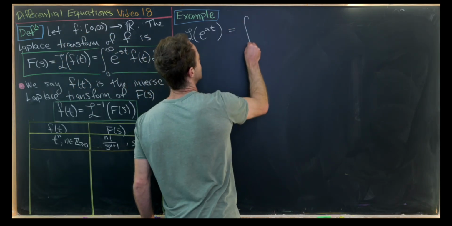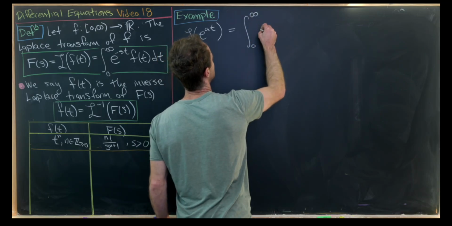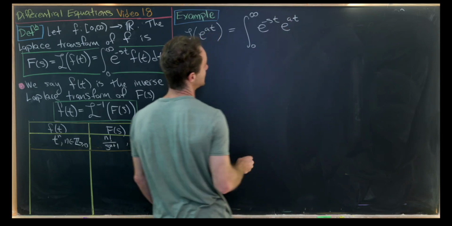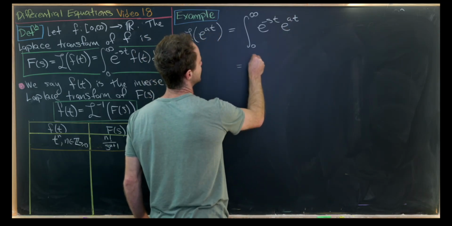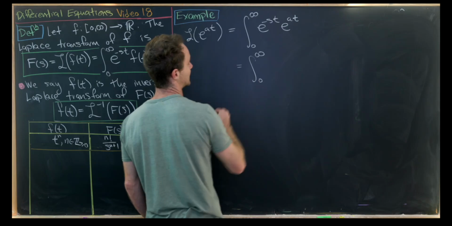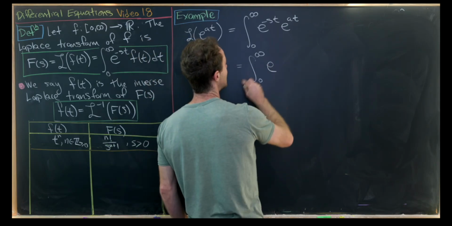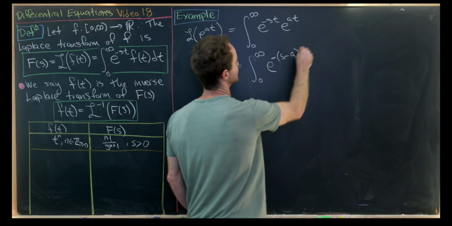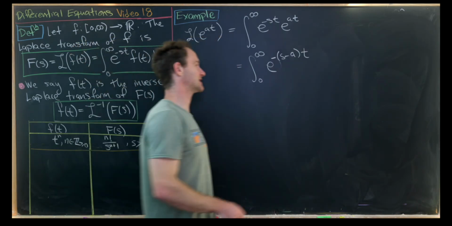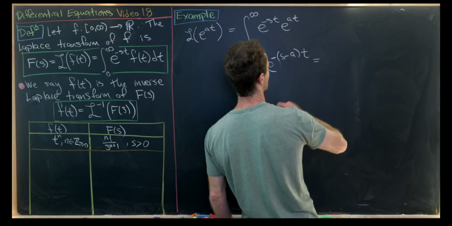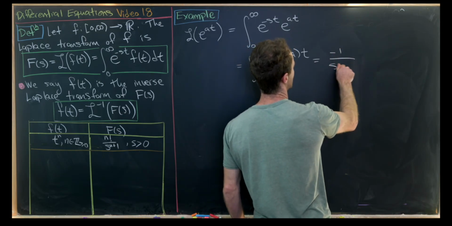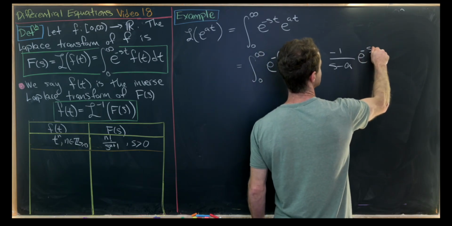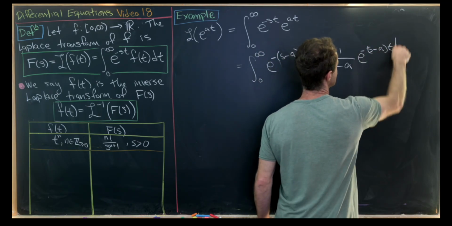So this will give us the integral from 0 to infinity. We'll have e to the minus st times e to the at. But then let's notice that this is the integral from 0 to infinity, and we can put those things together and get e to the minus s minus a times t. But now we can take the antiderivative of this just like before. That'll give us negative 1 over s minus a, and then e to the minus s minus a times t